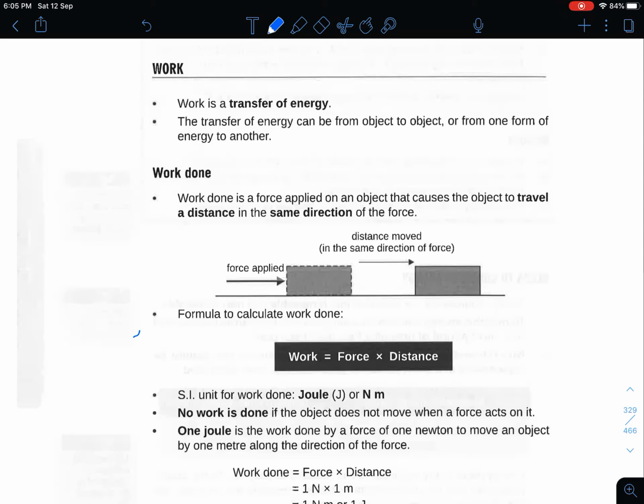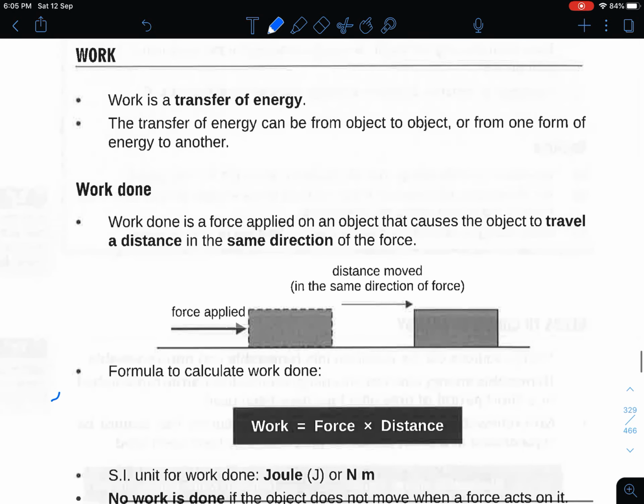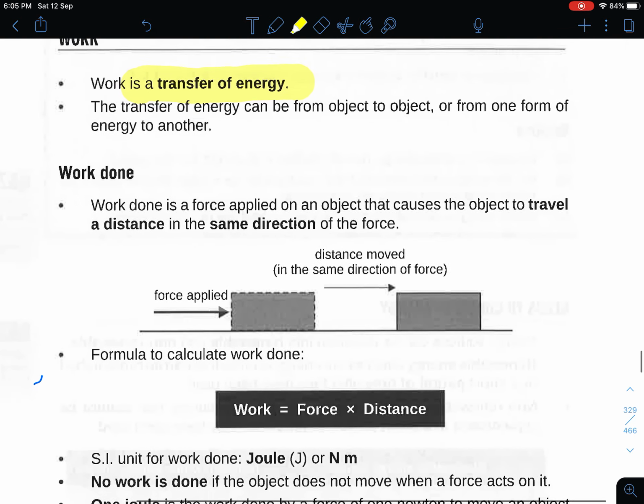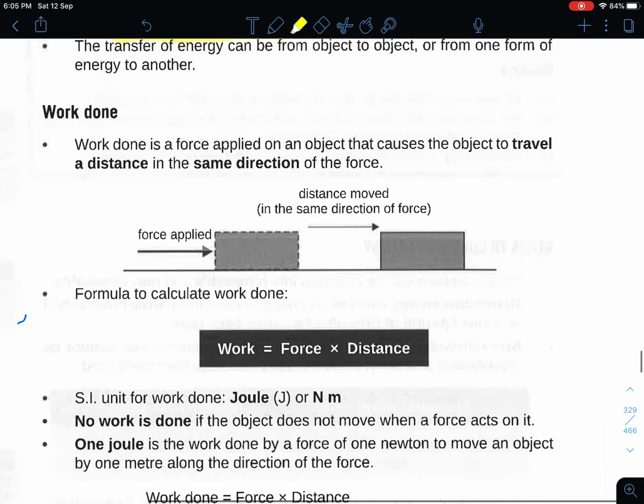So what is work? Work is generally a transfer of energy, and this transfer of energy can be from one object to another object or from one energy to another energy. So work done can also be calculated, and the definition of work done is that it is the force applied on the object that caused the object to travel a distance in the same direction of the force. In other words,